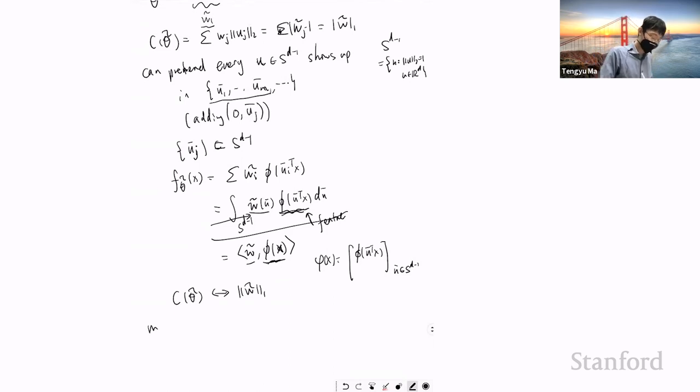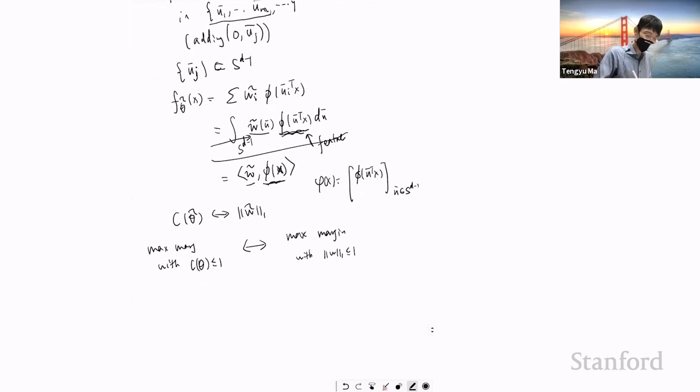So this is why the max margin with this phi theta corresponds to max margin with this L1 norm. Basically, you can think of these as the corresponding questions. You are maximizing the margin. The margin is the same: W tilde phi of x_i, take the mean over i, and max over W tilde, with the constraint that the 1 norm is less than 1. And this is called L1 SVM